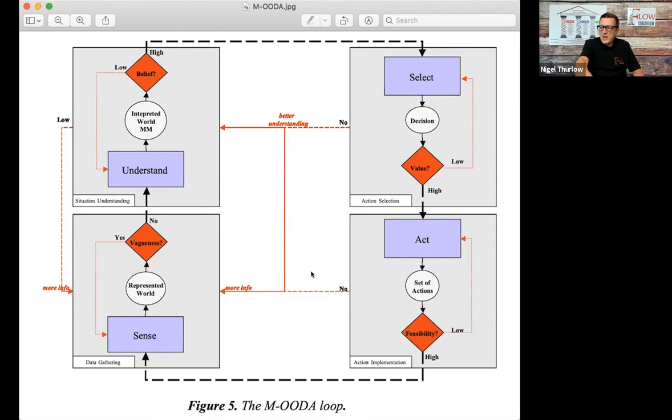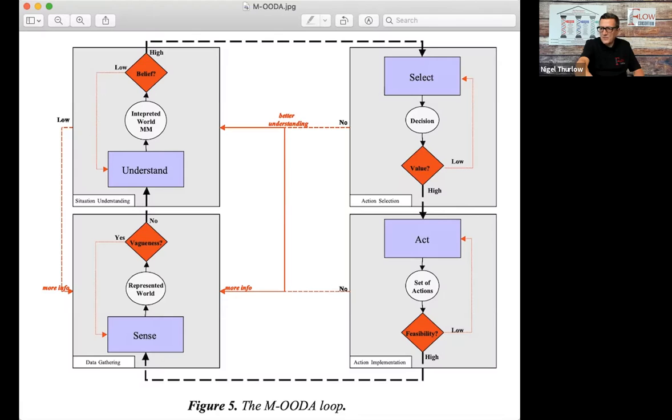And they changed the nomenclature a bit, the observe, orient, decide, act. They sort of turn it into select, act, sense, understand. And there is a table that better defines that. In fact, just again, for the benefit of everybody playing with this, I actually put that table out just to,